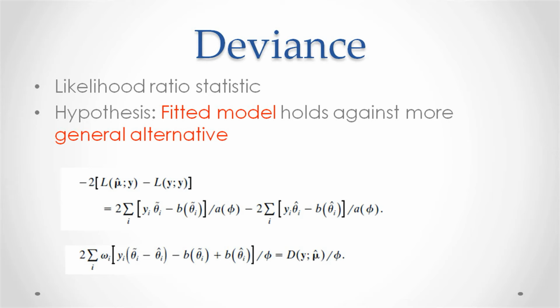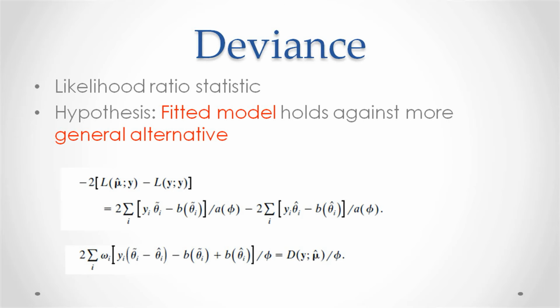This turns out to be equal to twice the summation over i of wi into yi times theta i tilde minus theta i hat minus b of theta i tilde plus b of theta i hat, whole divided by phi, for most models, because for many popular GLMs, the function a of phi is of the form phi by some constant wi. This I shall define as d of y, mu hat divided by phi, and this is a scaled form